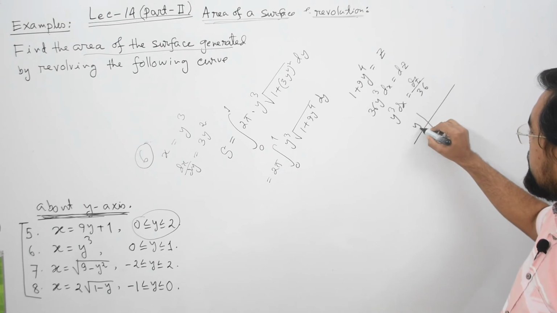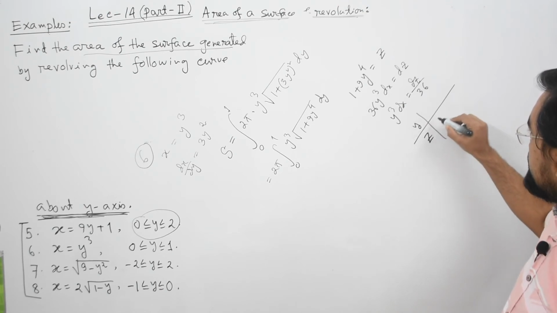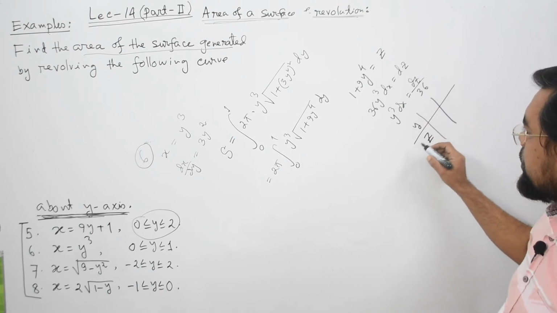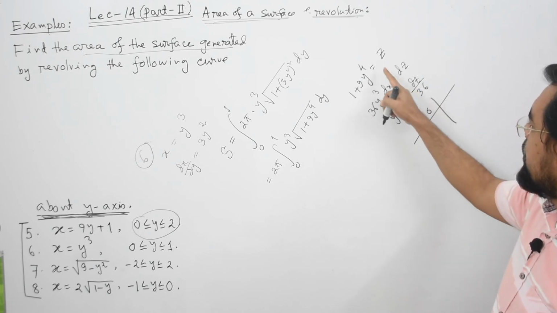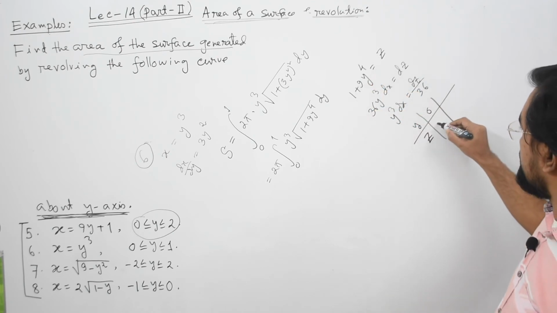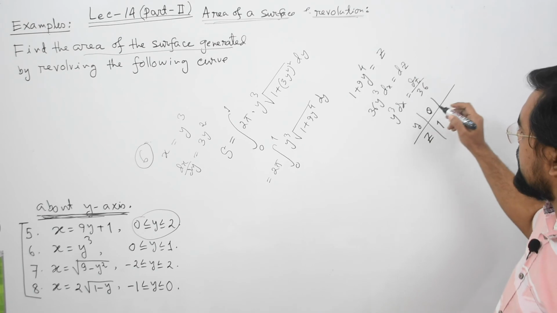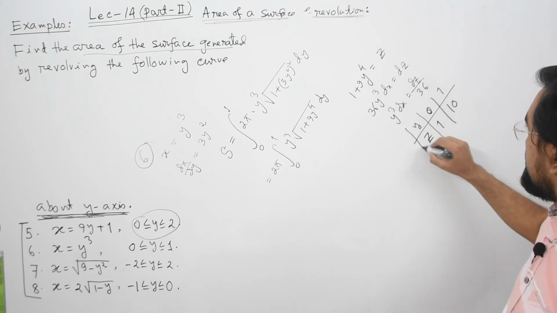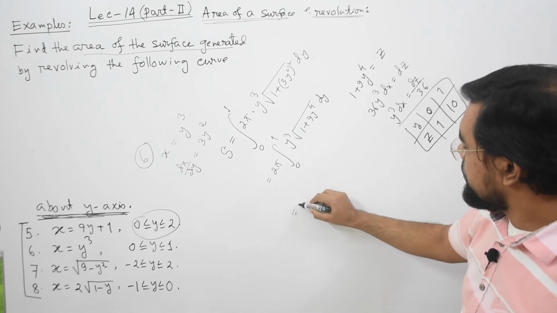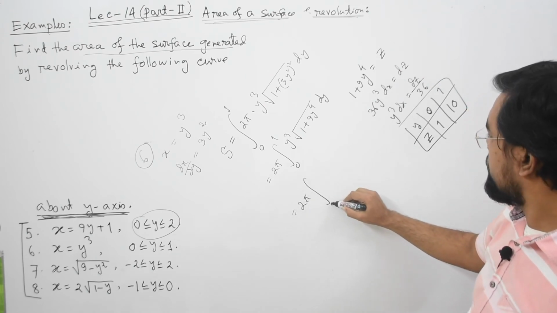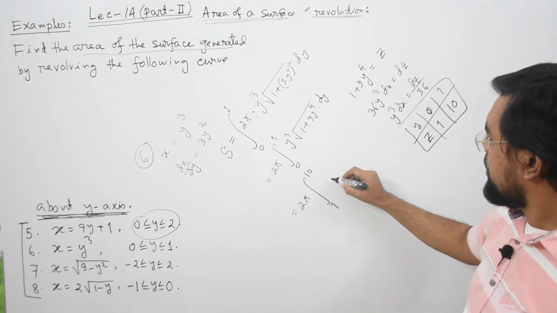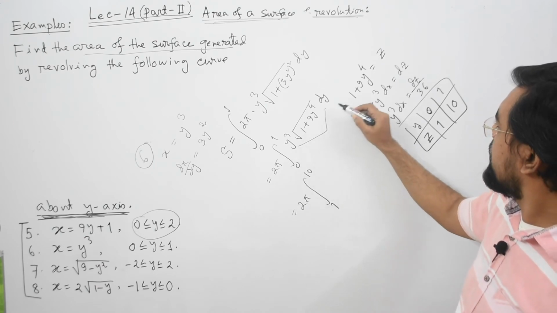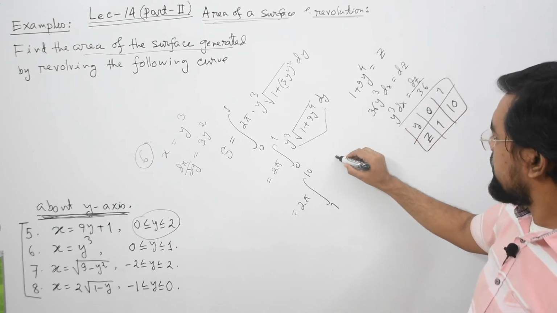The corresponding values of z: when y equals 0, z equals 1, and when y equals 1, z will be 10. So this integral becomes 2π integral from 1 to 10 of y³ dy, which equals dz by 36